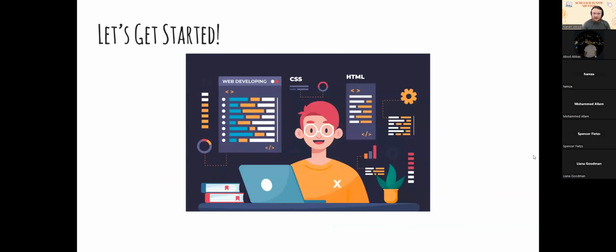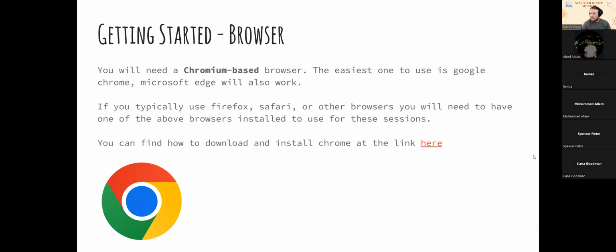So let's get set up. The first thing is that you'll need a Chromium-based browser. If you don't know what that means, just make sure that you have Google Chrome installed. If you have Firefox or Safari installed, and that's your primary browser, you'll need to also install Chrome